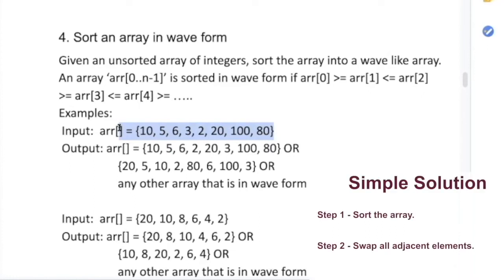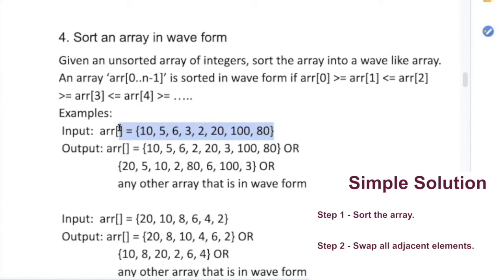Sir, can we use the concept of question number 1 in this question? Definitely you can use it. Very nice. So what will you do in that case? First, I will sort. Then in that case, the time complexity will be n log n. Very nice. You can solve it, but the time complexity is n log n. Can you think of something better to improve the time complexity?